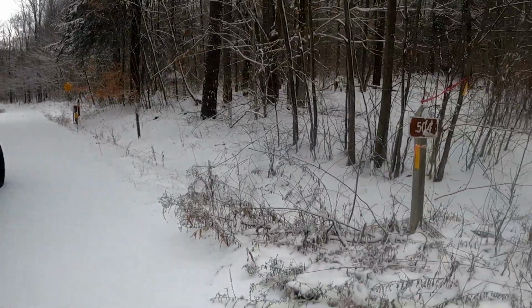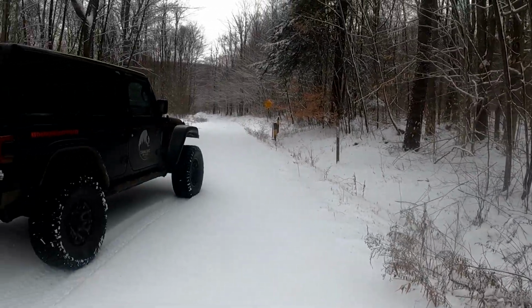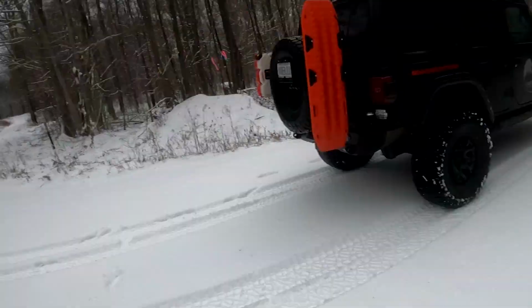It looks like it has a gate, but it's open right now. That's worth exploring. It's not super long, but it's fun. And then this is the intersection that connects with 504. We're gonna take 504 down the hill, and this does have a gate, but the gate's open, so we're